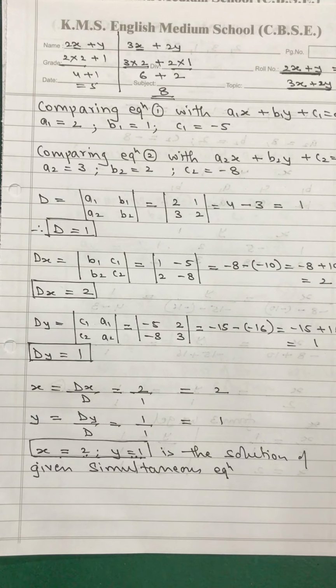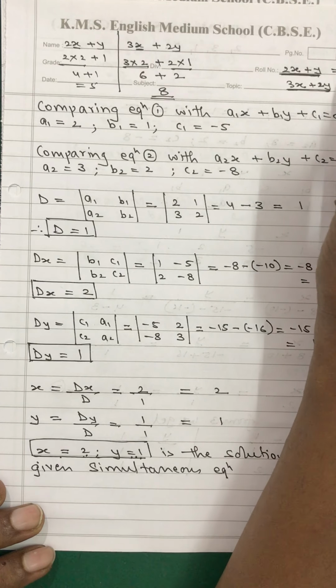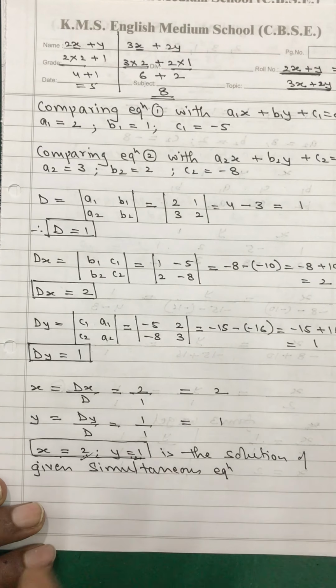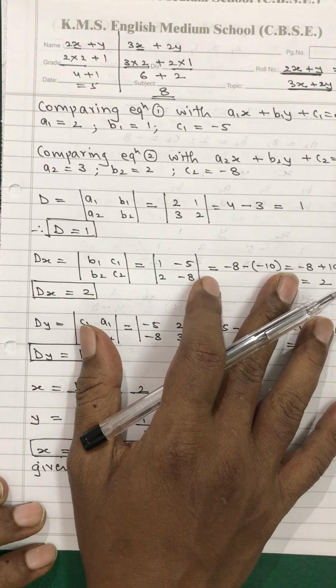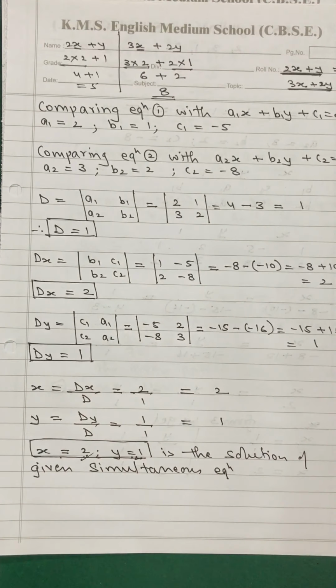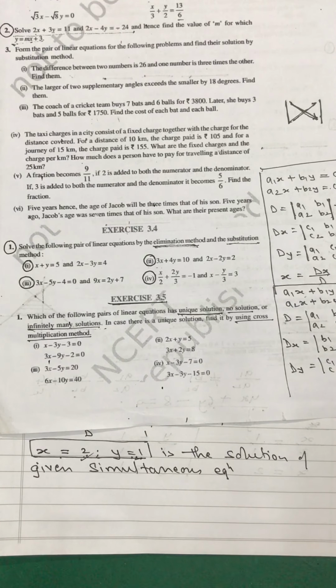This is how the verification is done. So if both the equations give the answer on the right hand side, that means your solution is right. Otherwise your solution is wrong. You will have to see. Of course, in the previous exercise 3.4 you must have seen that when I was solving, I was getting wrong things.